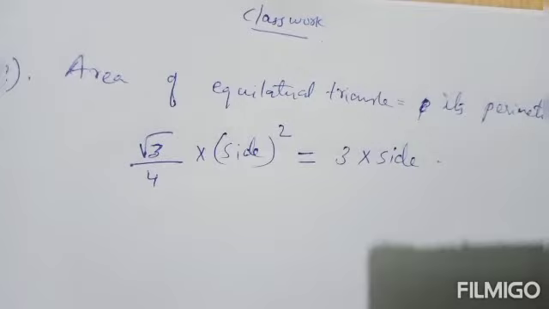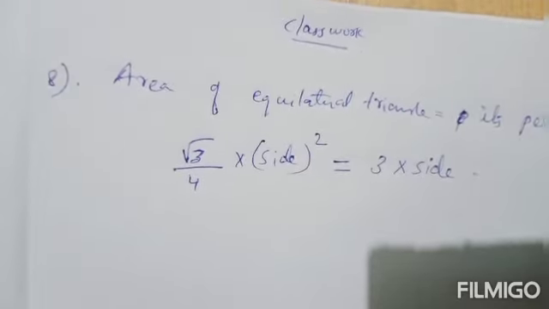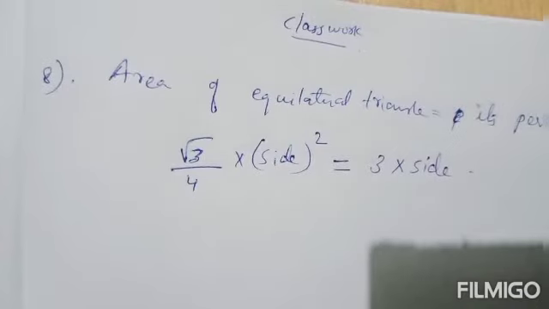So we have been discussing chapter 20, area of trapezium and polygon, in that exercise 20A. So next question is the 8th one. The area of an equilateral triangle is numerically equal to its perimeter. Find its perimeter correct to 2 decimal places. So here, for an equilateral triangle, its area is equal to its perimeter. That is given in the question. You have to find its perimeter correct to 2 decimal places.